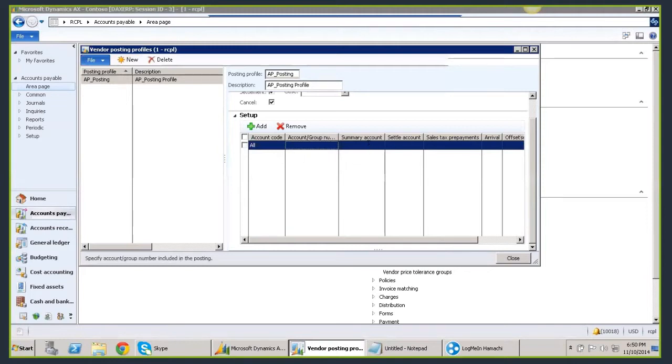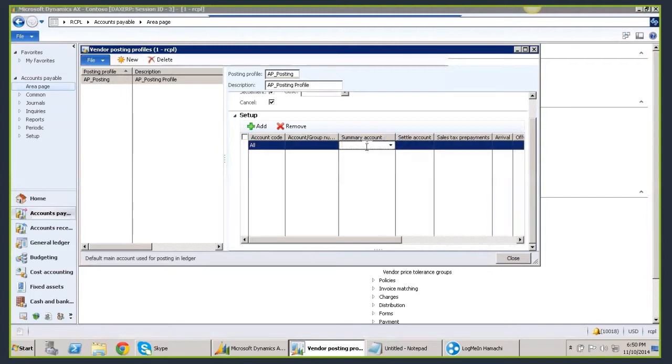Okay, and let's go to this summary account. In Axapta we call this the summary account. In some other ERPs or in generic terms, people also call this control accounts. Suppose you find a person calling it a control account, just imagine that he's trying to say this, it is nothing but your summary account. So now let's define one summary account.